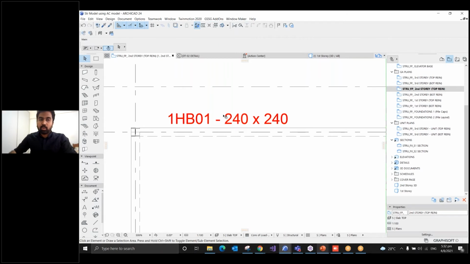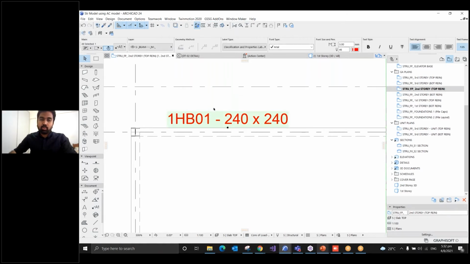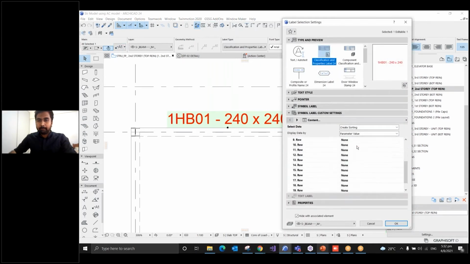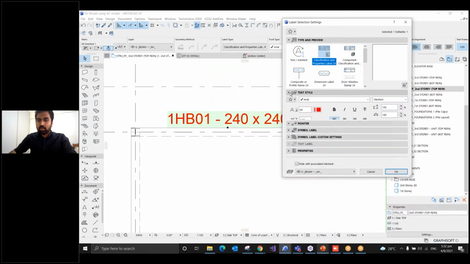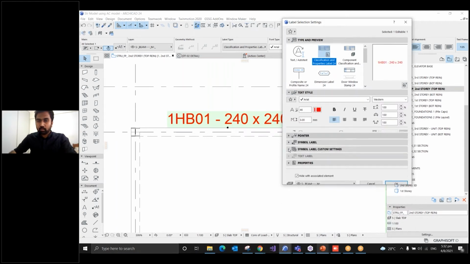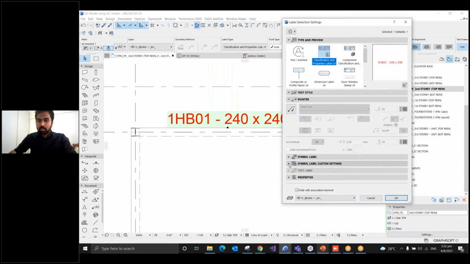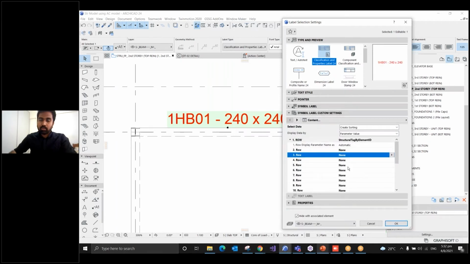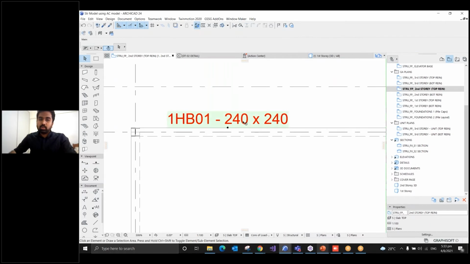So this is the manual way of placing, but if you want to make any changes here, just select the label and go to the label settings, and then you can make the changes here. The custom settings will allow us to change the information that is shown in the label. Okay, so I will delete this for now and then place